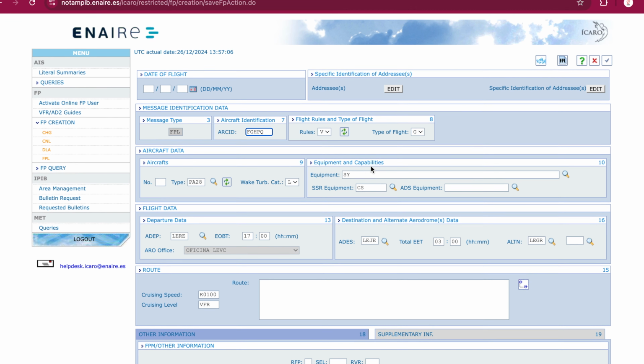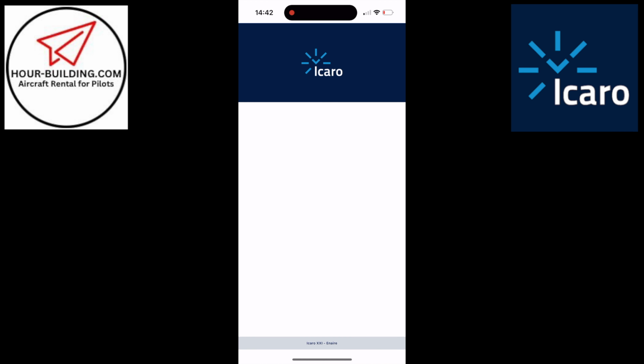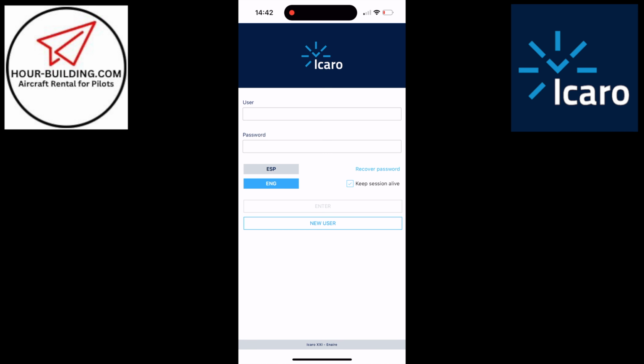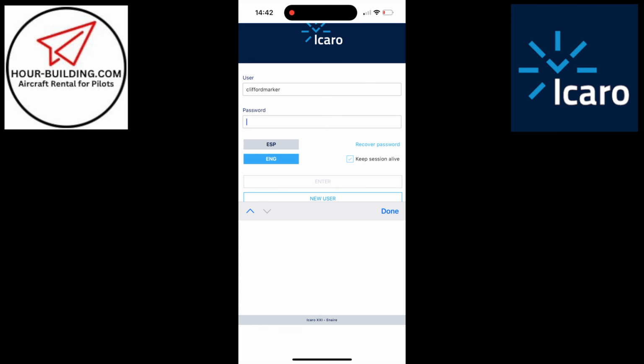Okay, and that's all there is to filing flight plans on the desktop. I'm just going to go through the mobile. It's always good to have the mobile app on your phone. This is the mobile app, and you can get this for any phone. And if you look at the top right hand corner when you go into the stores, that's what you're looking for to download. So like with any app, you use a username and password,